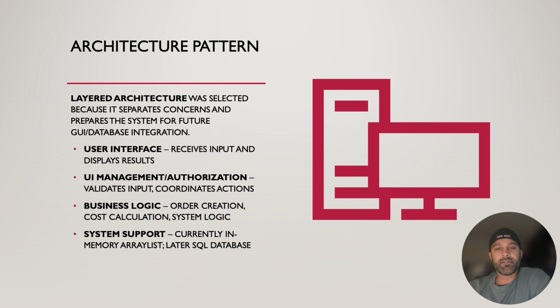The layers are these: the user interface, which receives input and displays results. Also the UI management authorization, which validates inputs and coordinates actions. Business logic: order creation, cost calculation, system logic. Also system support. Right now it's a memory array list, and later it's going to be